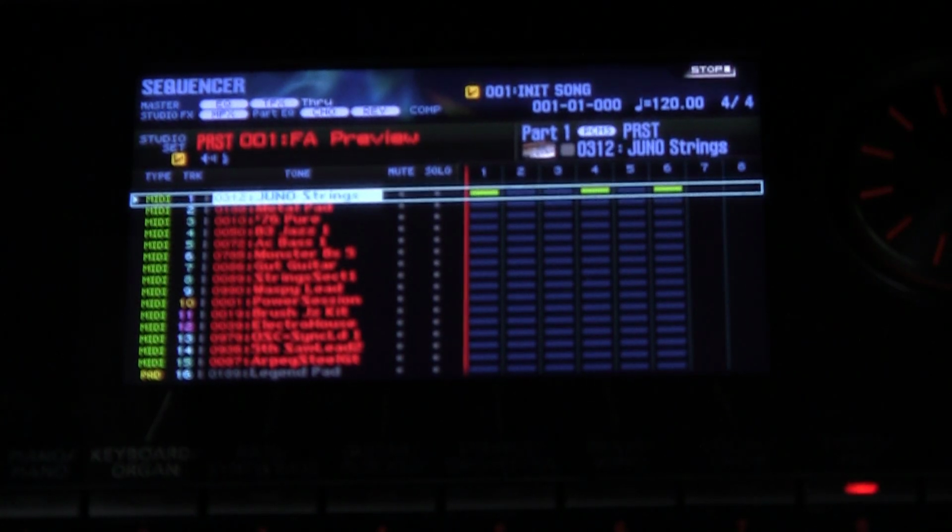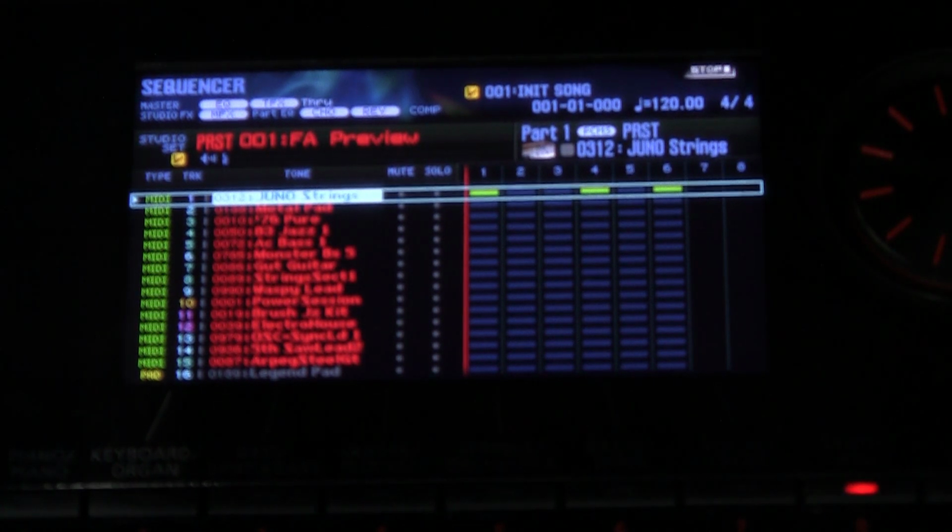In this video we're going to show you how to select tones in the sequencer, including bank select. In a previous video we showed you how to select the program number, but a viewer wrote and asked, how do we change bank select? Now we have already done that there, and so we know that it works. So if we press play now on the sequencer,